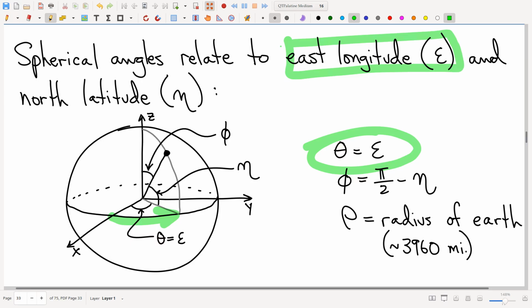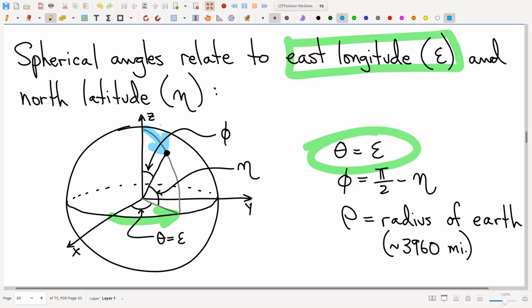That's the picture. Right? So yeah, longitude is theta, with the understanding that it's east longitude. So if you want to talk about west longitude, that would be a negative value of theta. Okay. All right. Now, slight annoyance is that